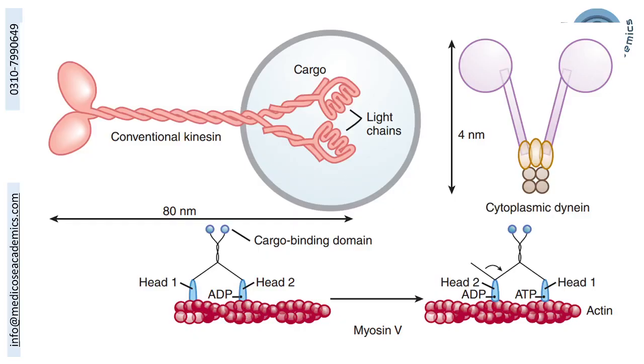Now the molecular motors. Few examples you see over here: kinesin, dynein, and myosin 5. These all are molecular motor proteins. If we take the example of kinesin, you can appreciate it has 2 ends. On one end, it is carrying the cargo, whereas on the opposite end, it has projections like feet, which can walk along the microtubules.